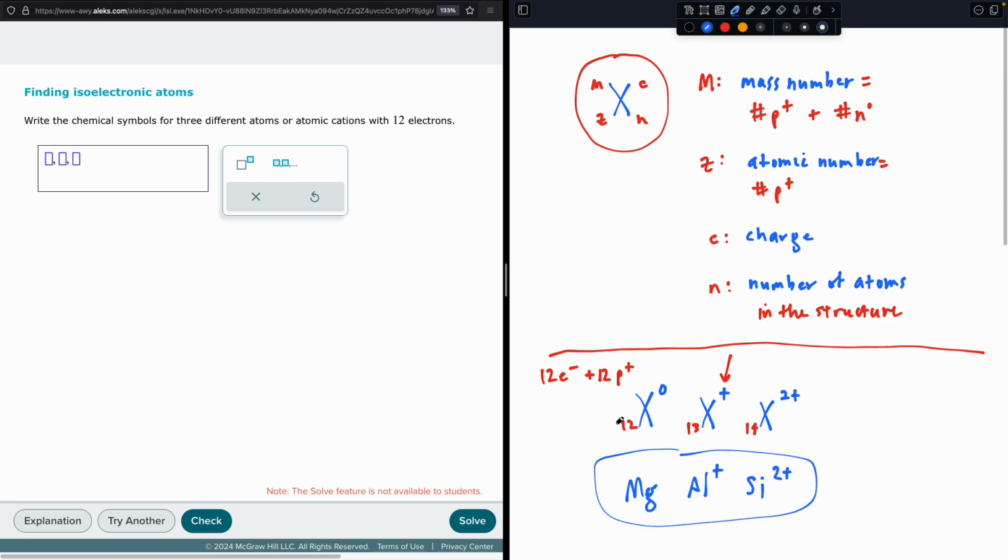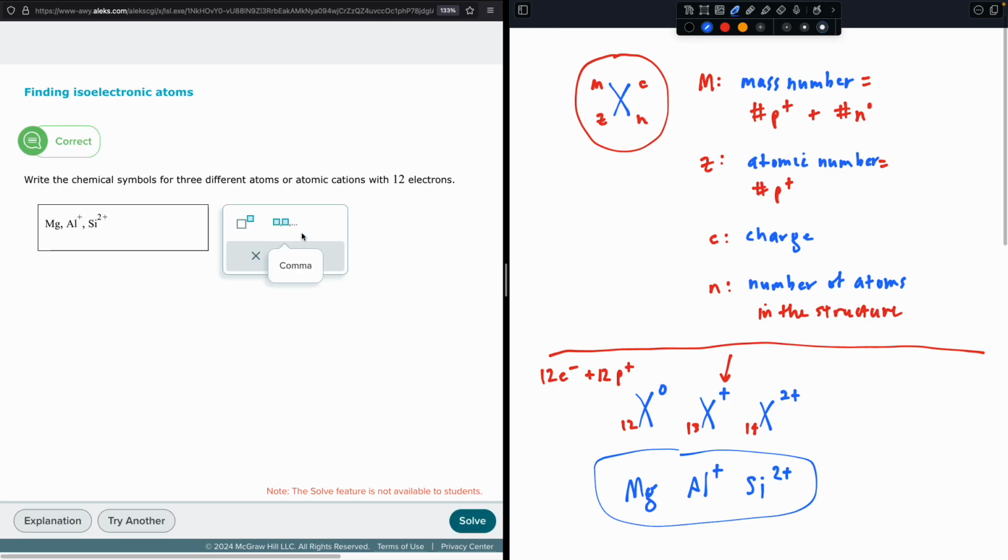Okay, so going stepwise and taking the notes here makes it possible for me to invest very little energy, or risk, I should say, in solving this problem. Okay, aluminum, superscript plus, and silicon, superscript 2 plus. All right, so let's check that and make sure we're right. Okay, great. So I hope that's helpful. Let me encourage you to consider making out notes and going stepwise, and thereby making this